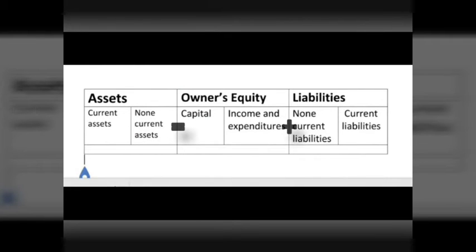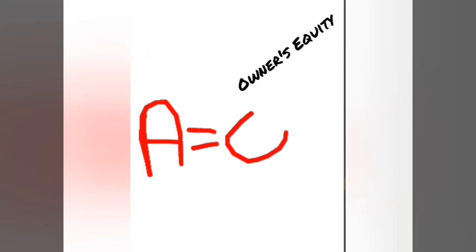As much as we said the accounting equation is very important, it will help you to understand source documents and different types of journals. And when doing your double entry, the accounting equation can also be presented in this formula: A as your assets, O as your owner's equity, and L as your liabilities.